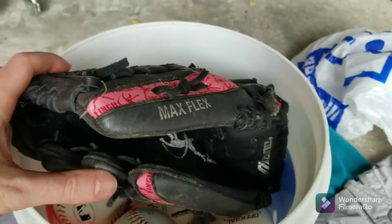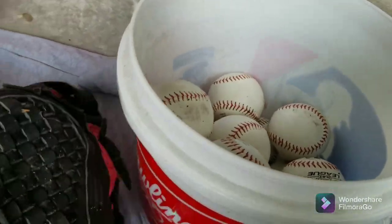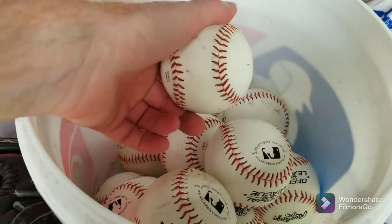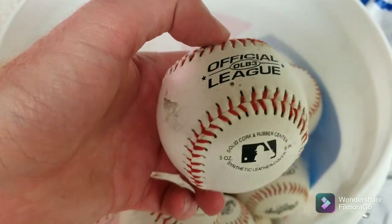I don't know. This glove right here, like I said, I paid $5.99 for all the baseball stuff. This glove will sell for around $20. And then the baseballs were looking like they were going for anywhere from $20 to $30 for all these, I think. And the brand for these is